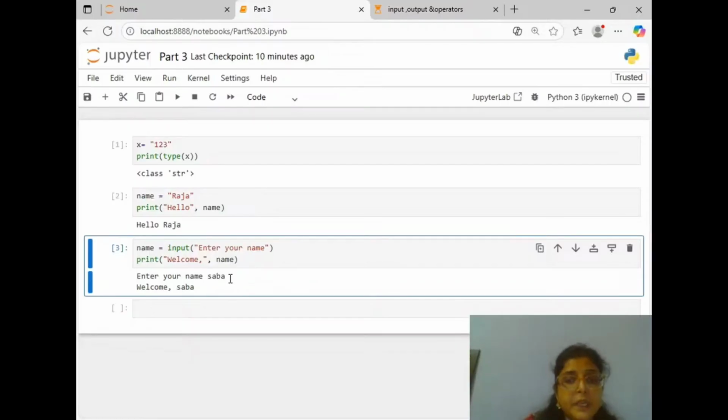But remember, input always takes values as strings.